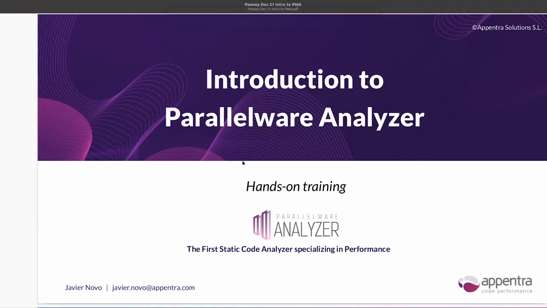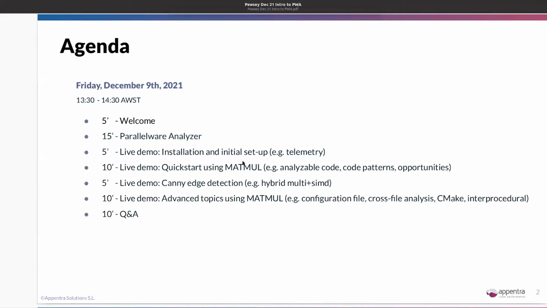Okay, yes. So as you said, we will be presenting today the Parallelware Analyzer tool from Appentra. It's the first static code analyzer specializing in performance. So this is the agenda for the hour that we have. We are right now covering the welcome. I'm starting the Parallelware Analyzer presentation. I will try to keep this very brief and use most of the time that we have for